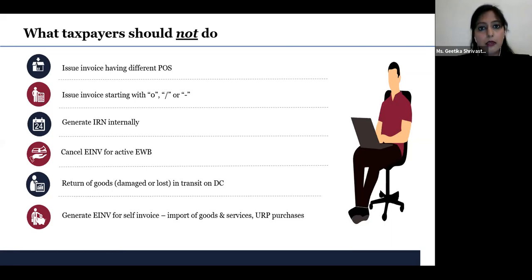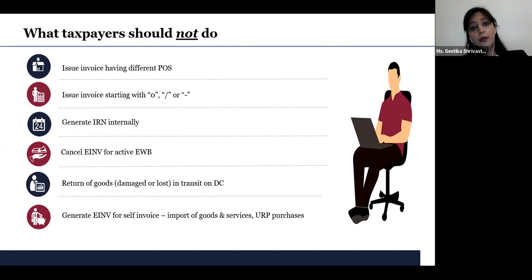So as a process, it's advisable in such cases, because the information is going to the government at the first checkpoint, it is not in your control now to not report this invoice. So it's better to issue a credit note and report that credit note also on the IRP portal, so that this invoice is knocked off and there is no mismatch in your GSTR1 when there is a reconciliation with the GSTR1 reporting.